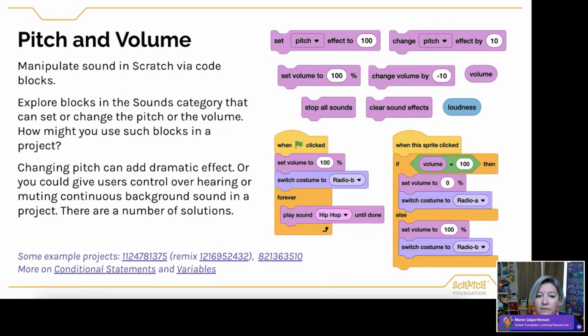This slide shares a couple of code block examples where clicking a sprite checks the volume level, then sets it to 100 or 0, depending on your current state. And in this solution, this song is continually playing. So once you unmute, it sort of picks back up from where it's been playing all along. There's also a different way you could approach it. You could have it completely stop the sound loop and then start it over again once the sound turns back on. There are lots of different ways that you can accomplish a similar goal with different block options.